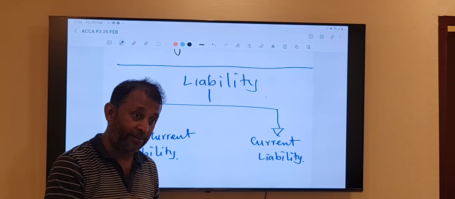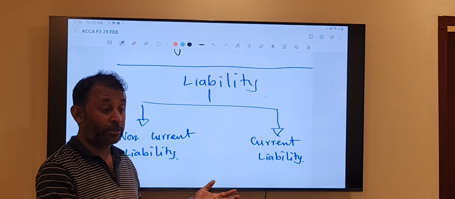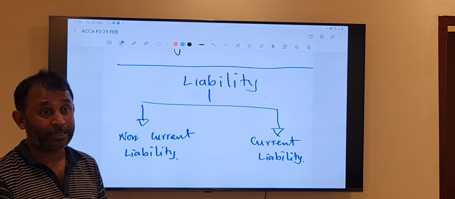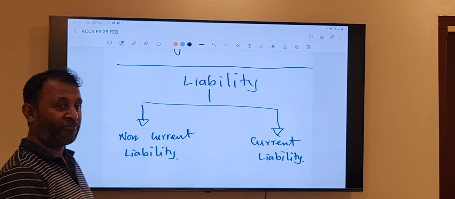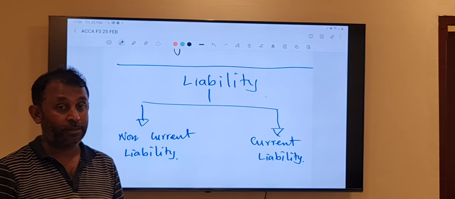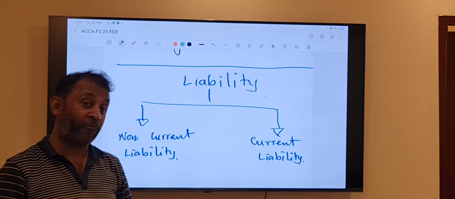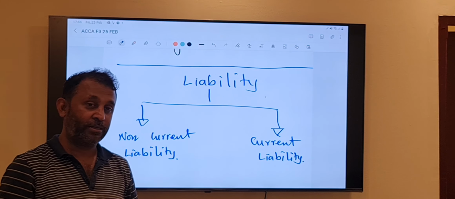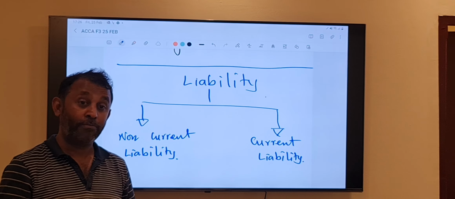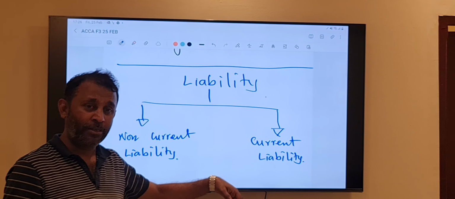So before that you need to pay salaries, monthly rent, electricity. And what about trade creditors? Now this is our friend who gave us vegetables. How long can I wait? 3 months. If I wait for 3 years, what will happen? Definitely on the 4th month, first day he will come with a knife. He will not be any more friend. Friendship finished. Bank OD facility, bank OD also current liability.